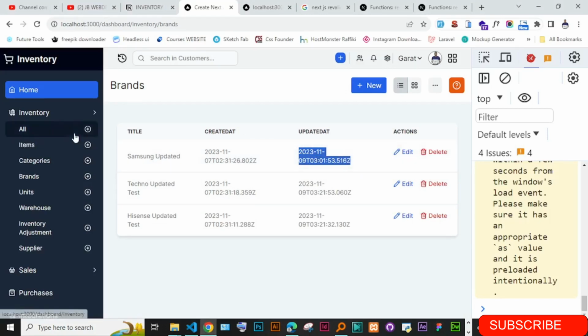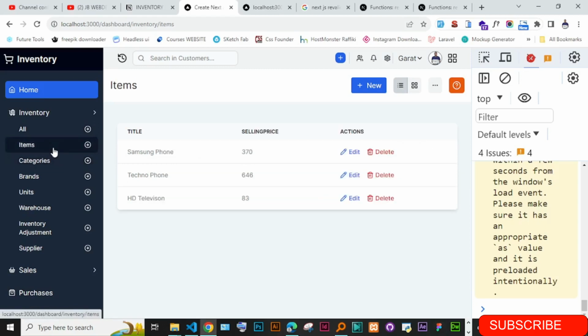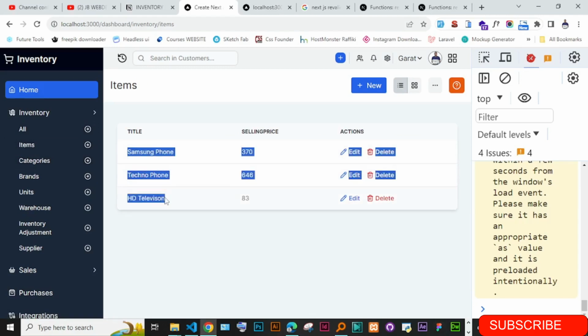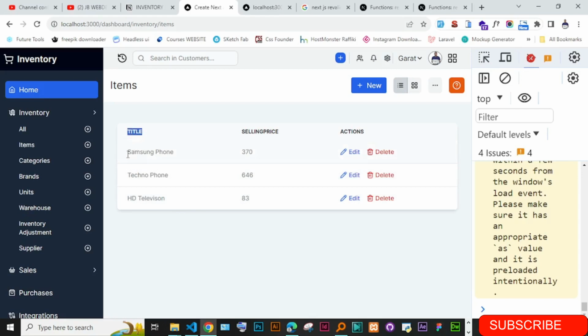That is one problem. If you want to see the second problem, go back to the items. In the items we want to show the image. We want to show the image here. First we have the image URL, and then we have the image, then we have the title. That is the second problem. The third one,